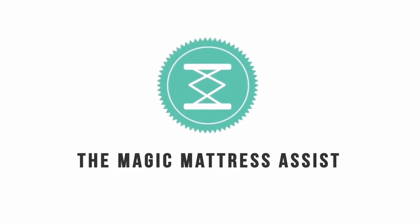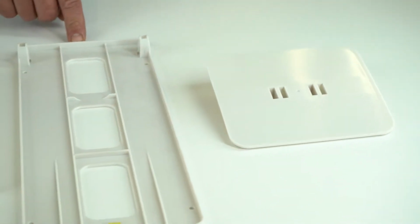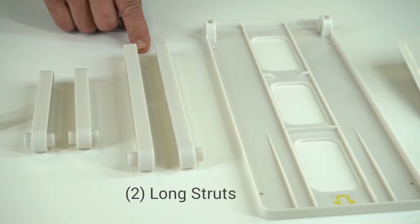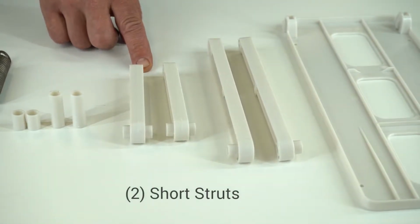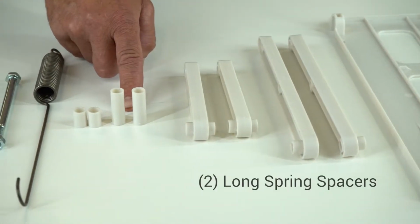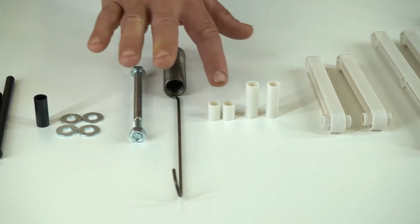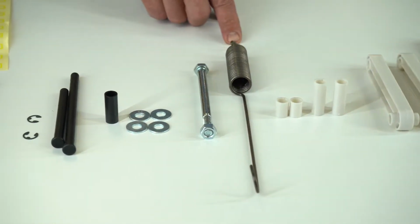Parts to the mattress assist: top plate, bottom plate, 2 long struts, 2 short struts, 2 long spring spacers, 2 short spring spacers, spring,